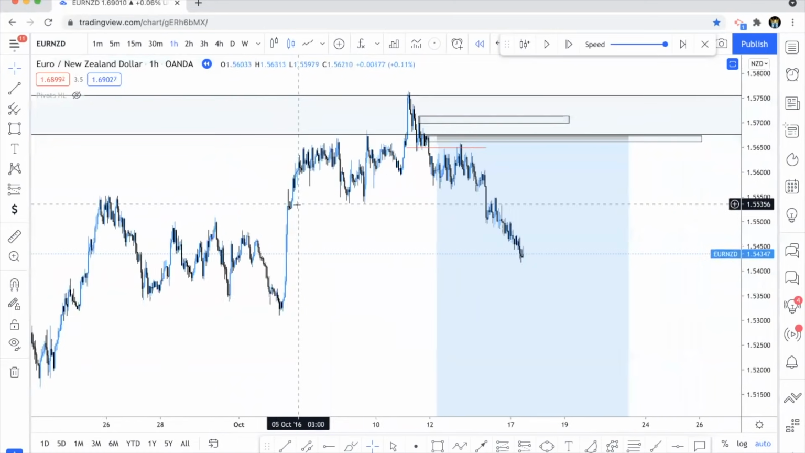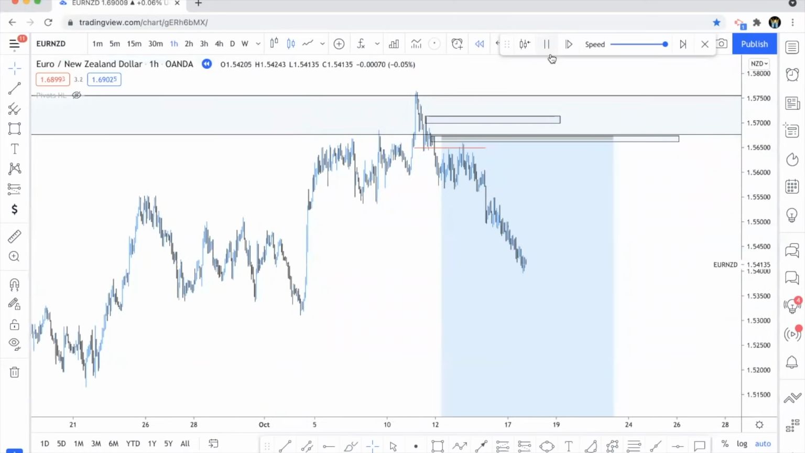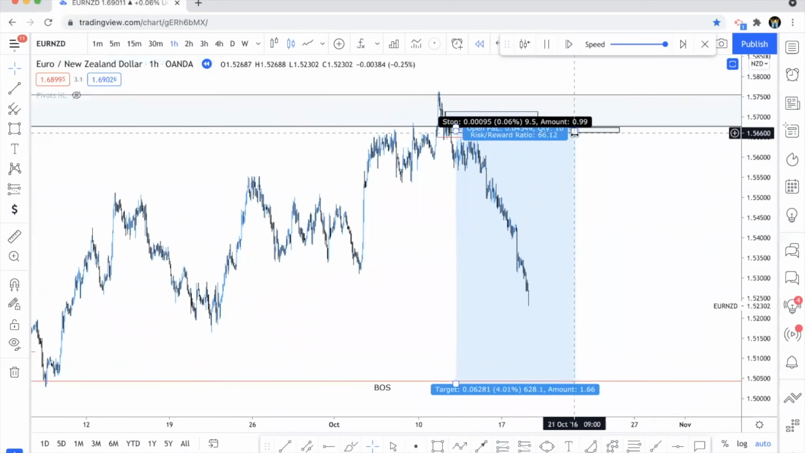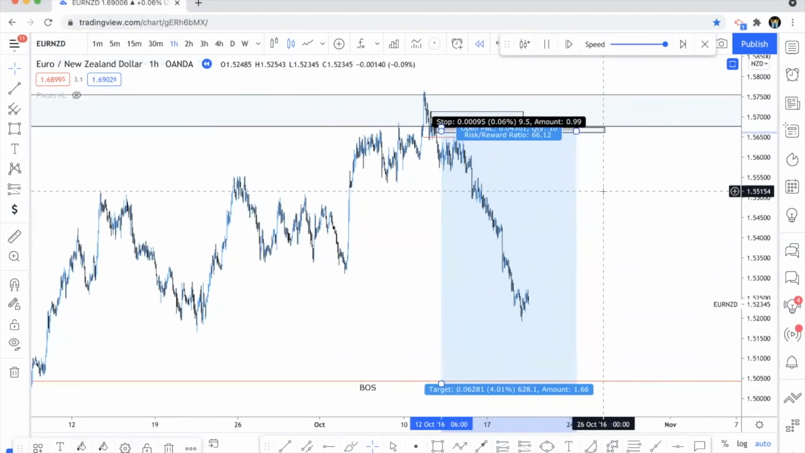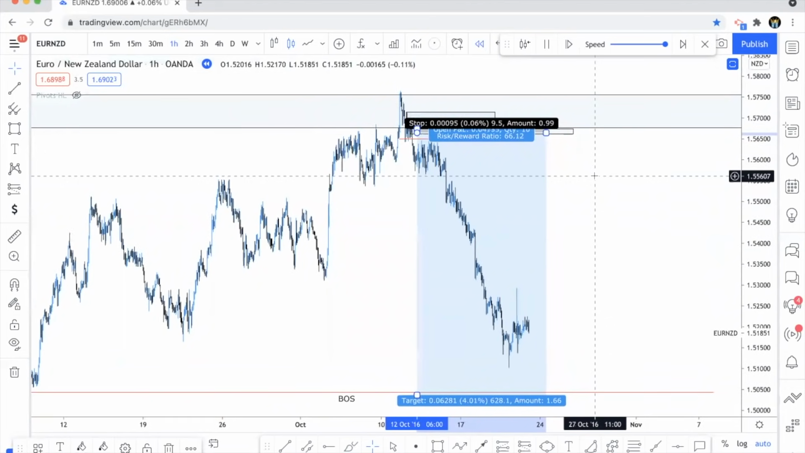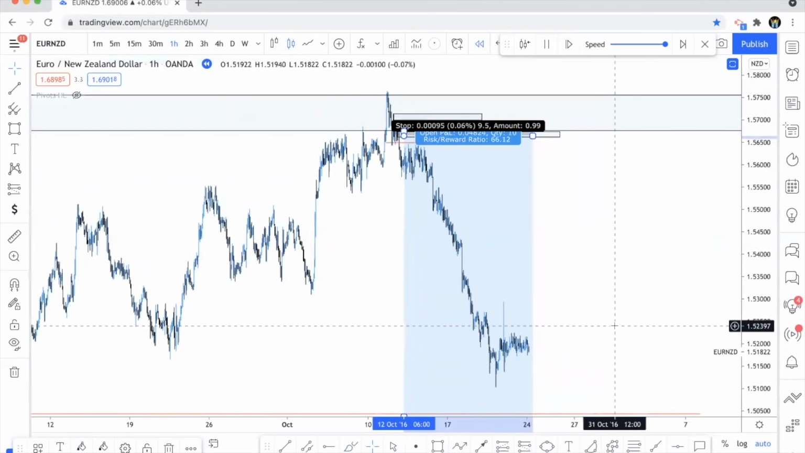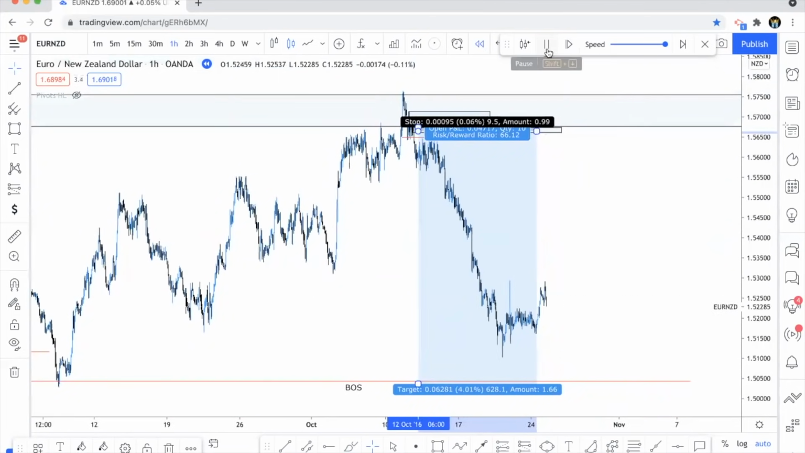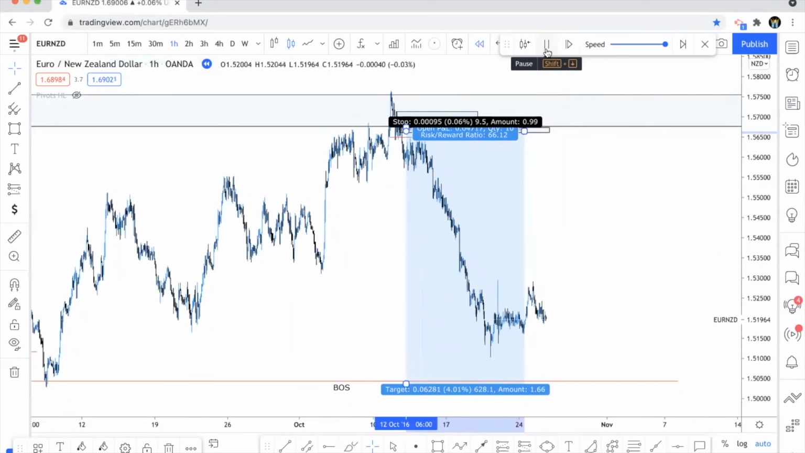Yeah, right there. And then you just take the trade, right? And now just wait patiently and target this low right here. Okay, and I'm going to tell you why you want to target this low. The reason why you want to target this low down here is because a lot of traders, most traders,